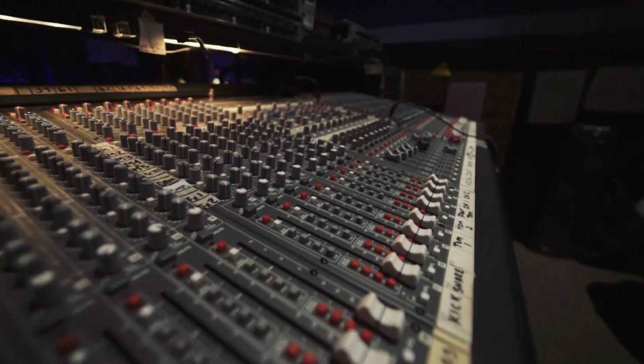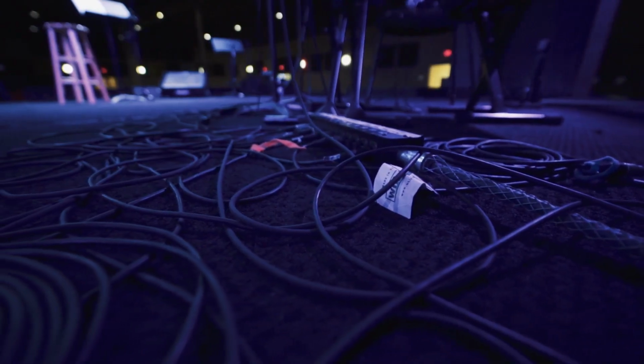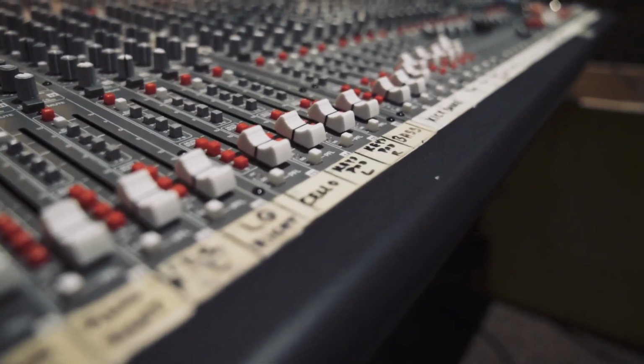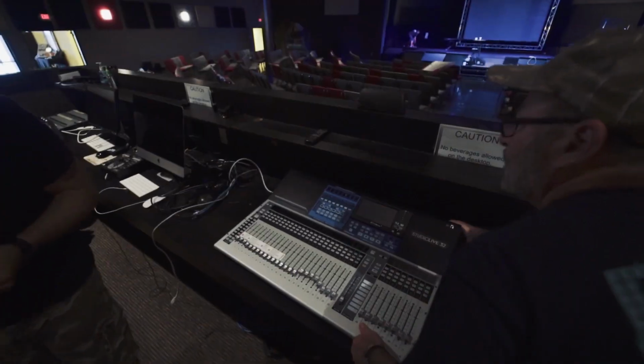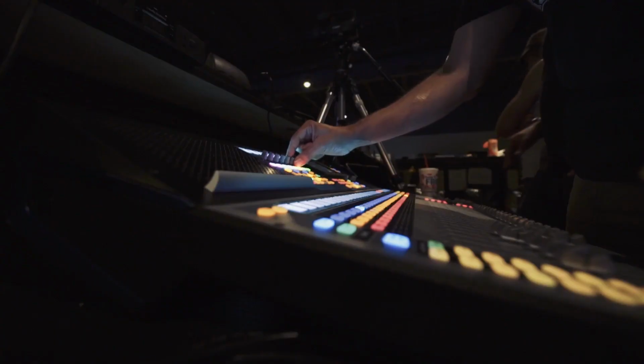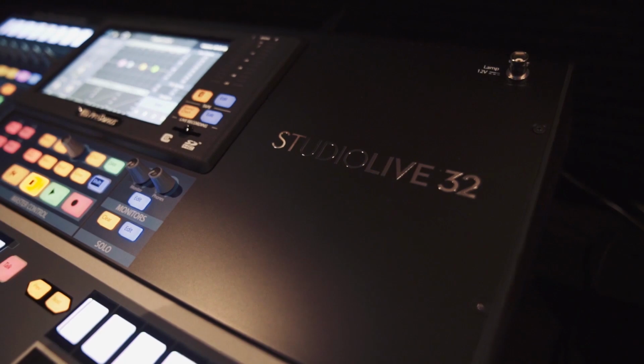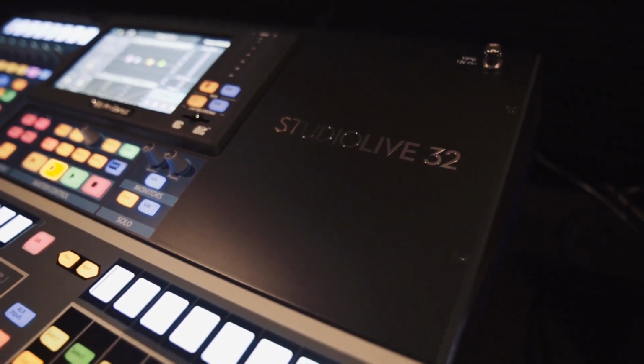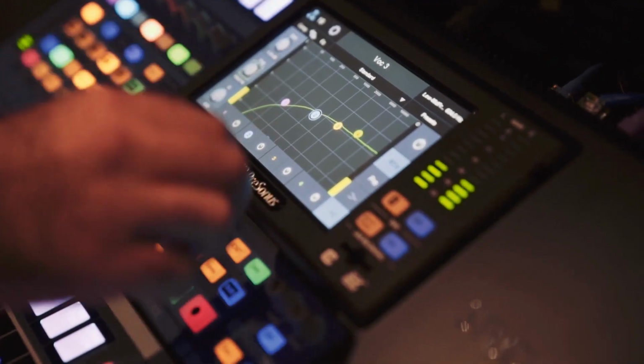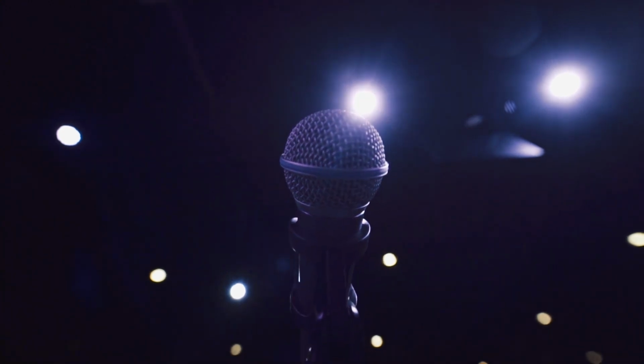And one of the main reasons that we went with PreSonus is because somebody can now walk into the booth and they don't see this big behemoth of an analog board that's going to freak them out. They see this nice little compact, pretty little lights on it, and it's easy to use. It's now something that they can go up to and feel confident with. Also, just audio quality. Going digital just made sense.